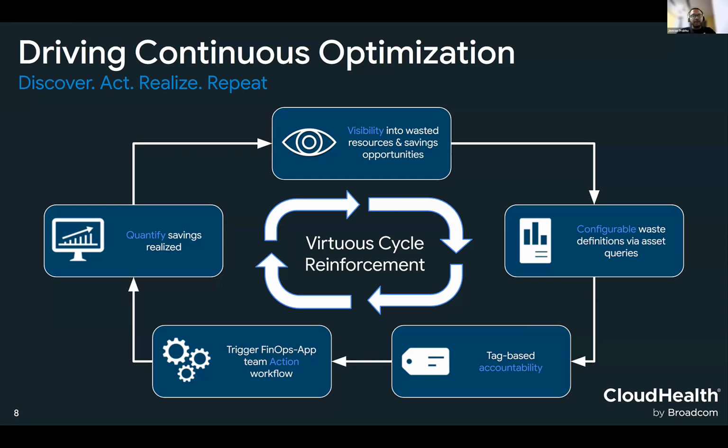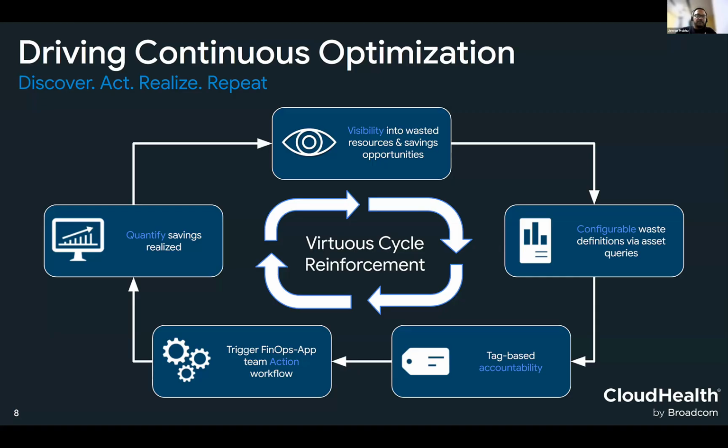What we mean is an annotation, a way for you to identify with whom the ownership lies. It could be a specific assignee, or it could be a Jira project. You may just want to create a ticket in Jira or ServiceNow, which goes to a specific project in Jira, and whoever is the assignee in that project will take care of that. And then finally, trigger an action as a practitioner.